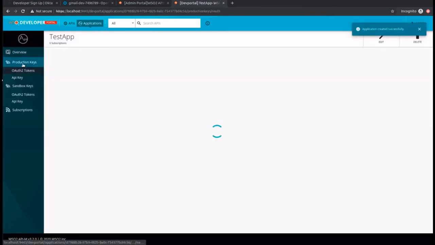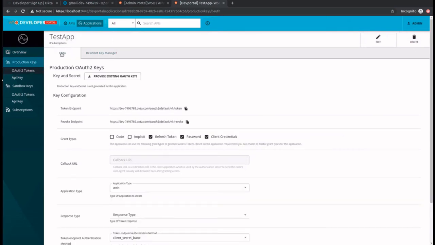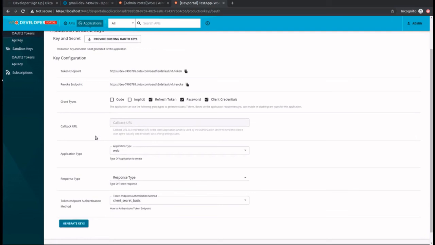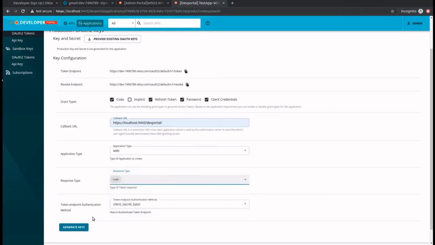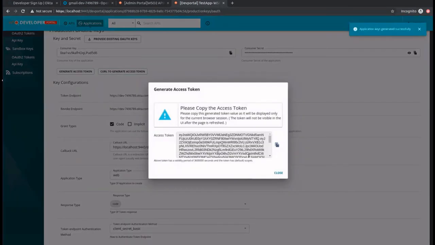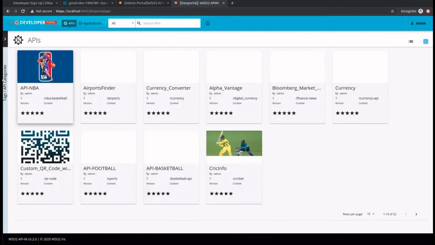Okay, so under Production Keys, you can see both the key manager types are available, Resident Key Manager and Okta. So under Okta, I'm going to select code as the grant types and give a callback URL, and select web as the application type, and for the response type I'm going to give code and click on generate keys. Now as you can see, I have generated the access token from the Okta Key Manager side,